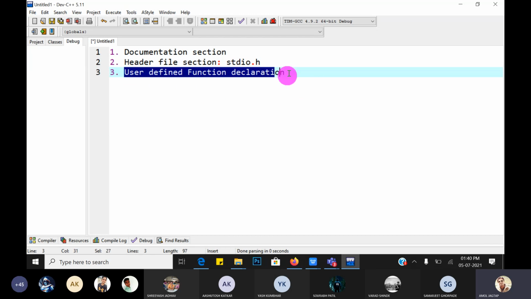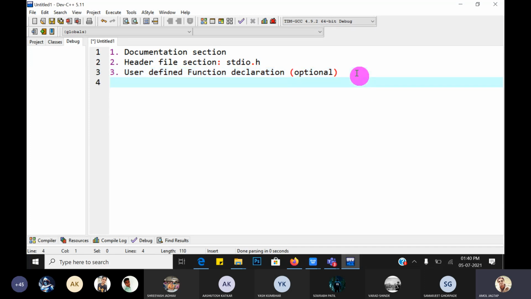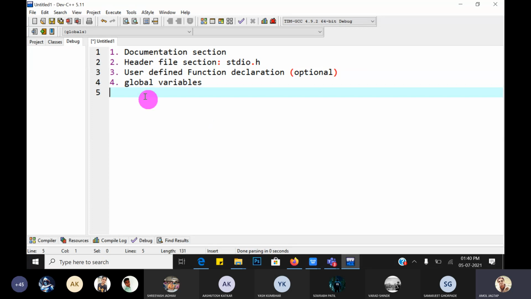We write the user defined function declarations in the third section, but it is optional. If your program contains any user defined function, then we have to write the function declaration. Next, fourth, global variables. If our program contains some global variables, then we write them afterwards.